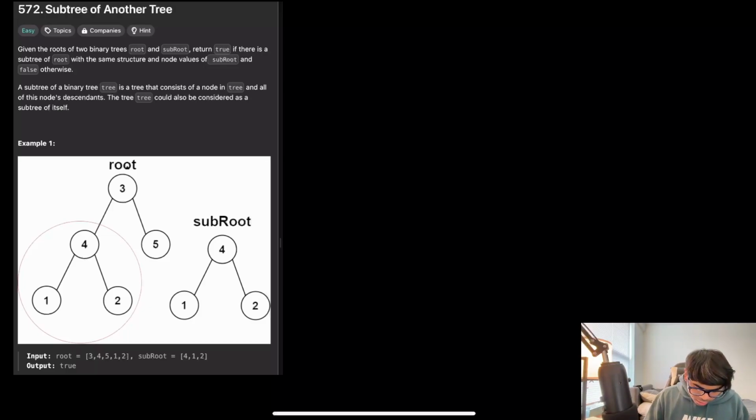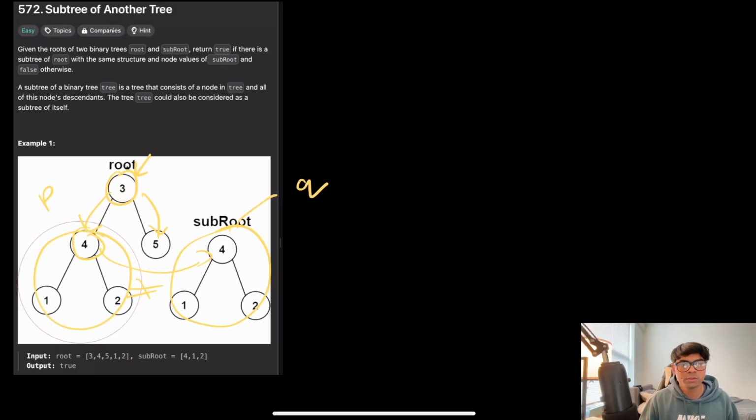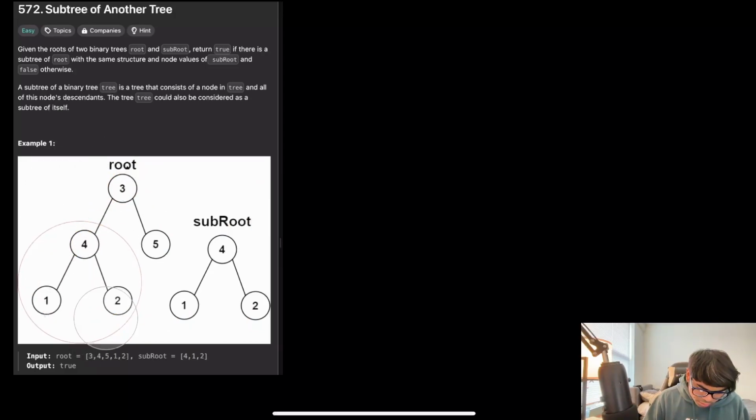So we're iterating over root, 3 is not equal to 4, then it's going to check in the left and right, and in the right it is equal, so it's going to call isSameTree on this as Q and this as P, and because they are equal in this case, it will return true. Okay, so it's a fairly simple problem. We just have to know that we have to make use of our